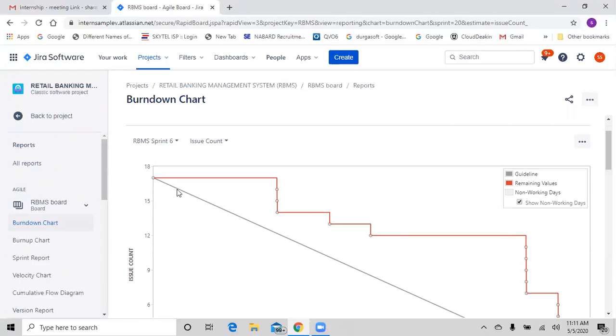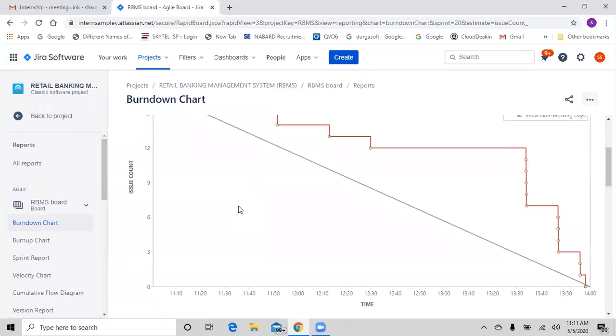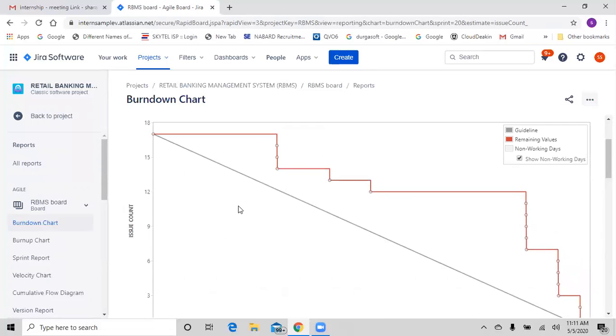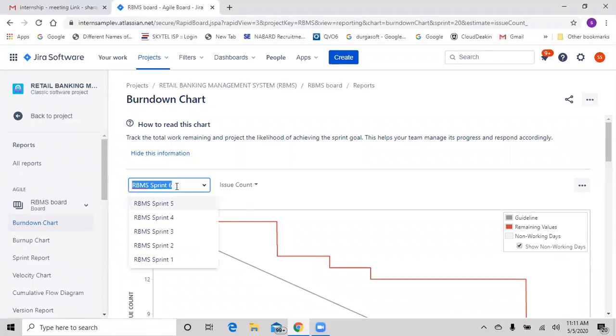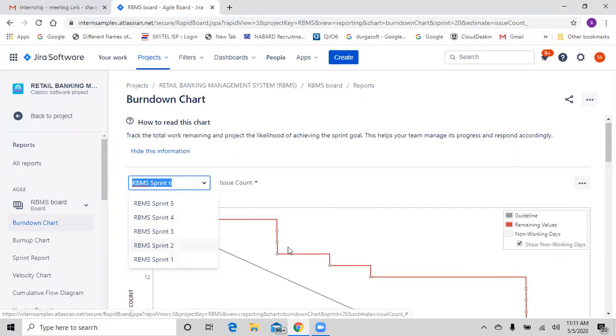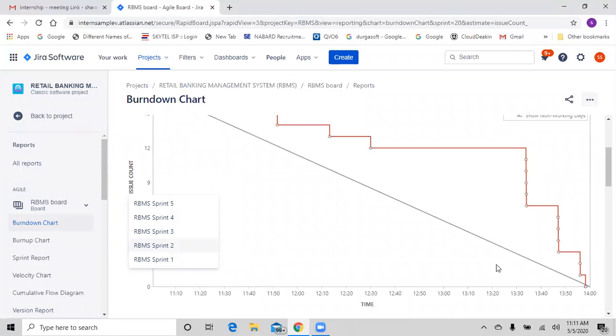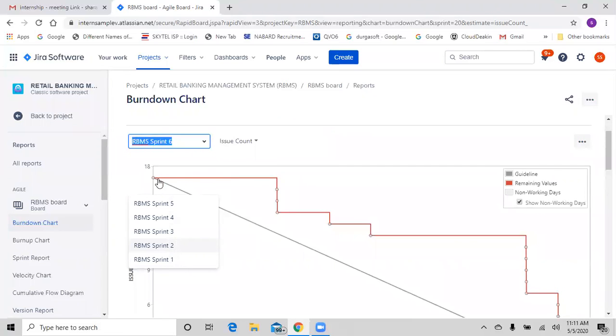Okay, fine. See, your graph will represent your work. As I told you in the first discussion, there might be fluctuation in your graph. As per the plan, if you worked in a straight line, you'll get it as per the plan. See the gray color is the guideline. If you see here on the right hand side, the gray color is on the top. The gray color is the guideline, and the remaining values are represented in red color. That is your work.